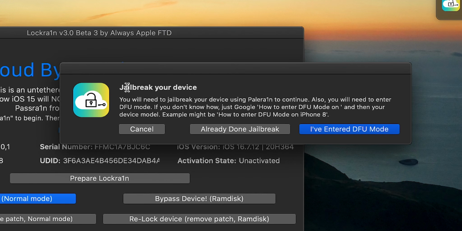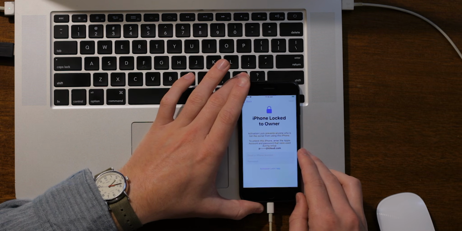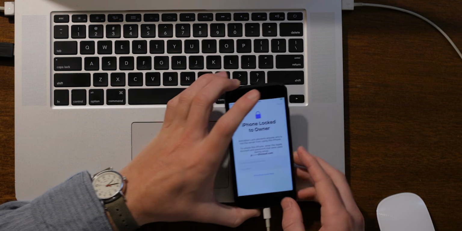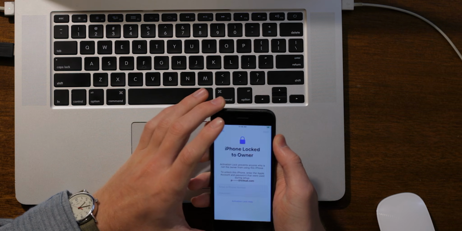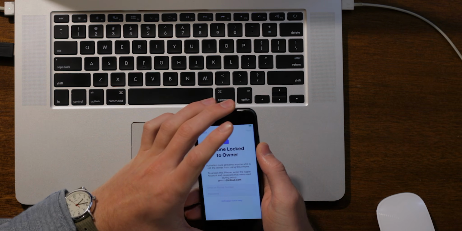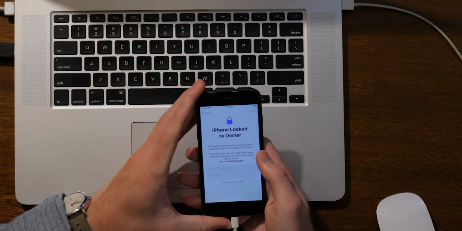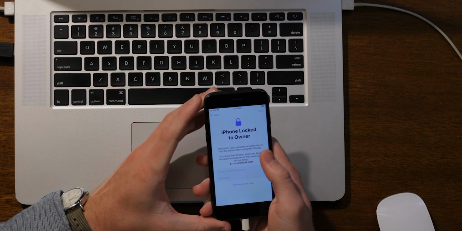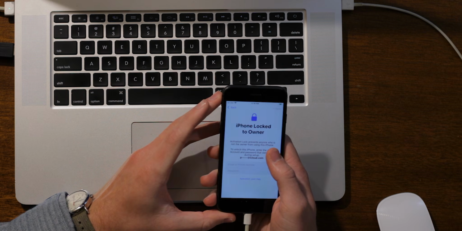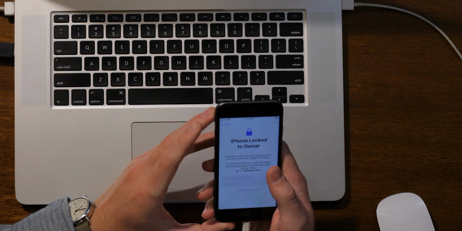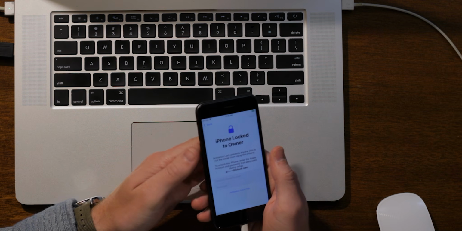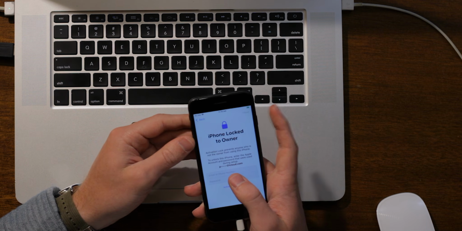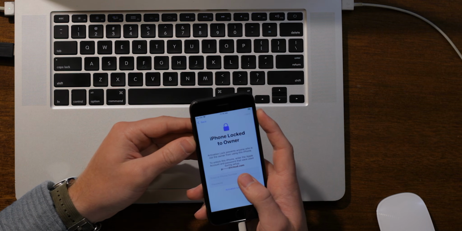And there we go, we'll get the notification that says jailbreak your device. So you must put your iPhone in DFU mode in order for this to work, and this is a little tricky depending on your iPhone model. For the iPhone 6S and 6S Plus, it's the same as all the others. Just press and hold the power button and the home button for 8 seconds, and then release the power button but continue to hold the home button for another 8 seconds. For the iPhone 7, it's very similar, except it's the power button and the volume down button